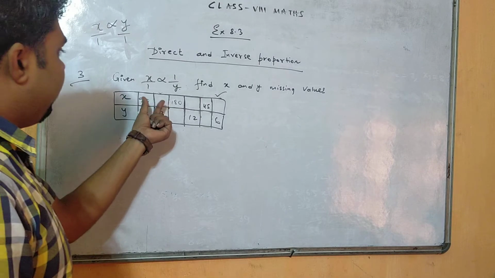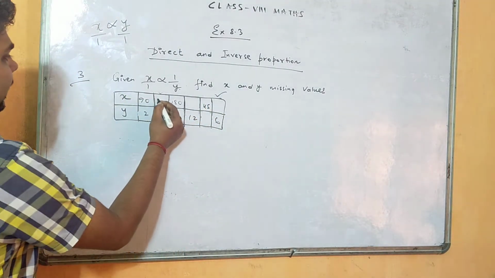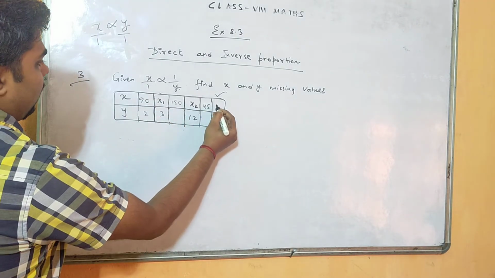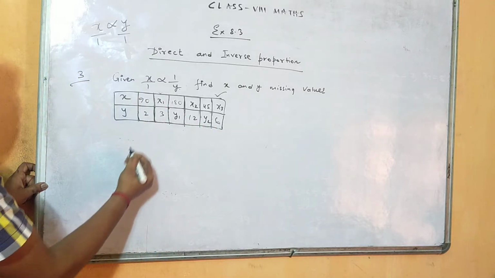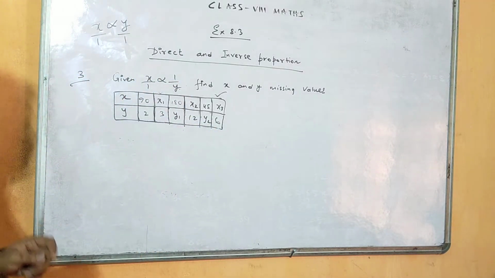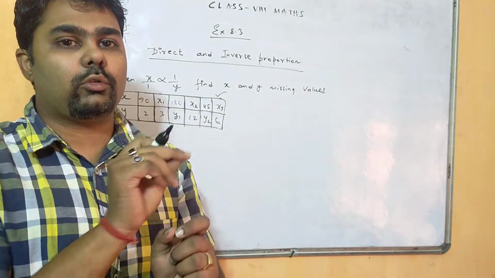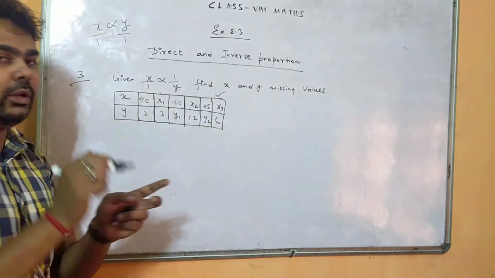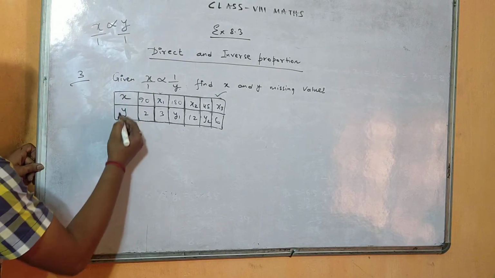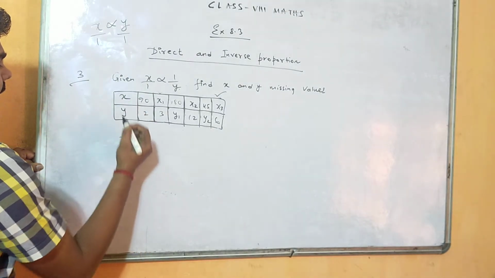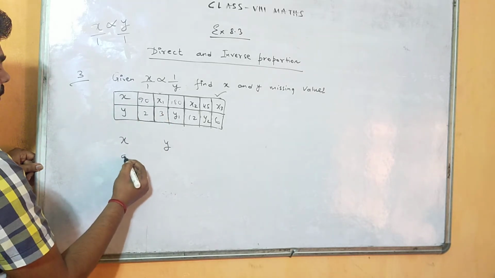So here we have to get the values of these missing gaps, right? Like the previous question we will be writing here x1, x2, x3, right? Similarly here y1 and y2, these values we have to find. But make sure this is an inversely proportional question. In a directly proportional question we have seen, first we will write x and y, all the values, then we will cross multiply. If it is directly proportional we have to cross multiply, but if it is inversely proportional then we have to multiply directly. Like x and y first we will write, we have to find x1, right? So in place of x what will I substitute here?